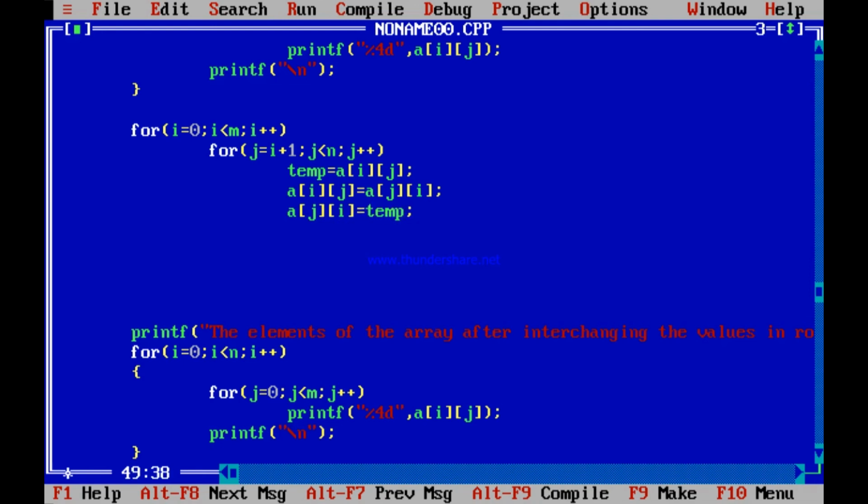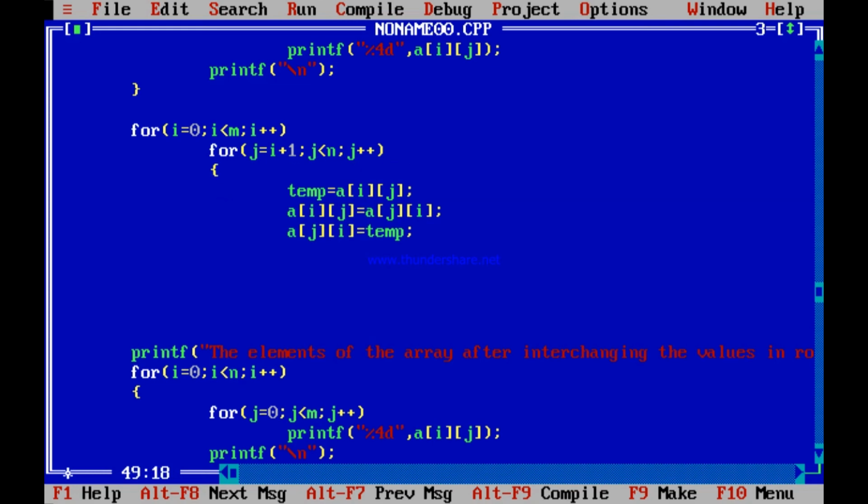In temp. So see, old value of Aij you are saving to temp. You are assigning the old value of Aji as the new value of Aij. And the new value of Aji will be equal to the old value of Aij. Where is it saved? In temp. So see, Aij and Aji have been exchanged.